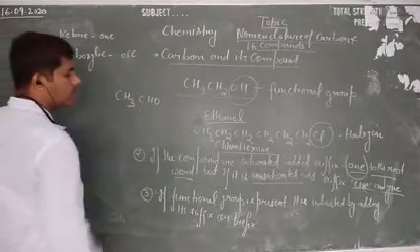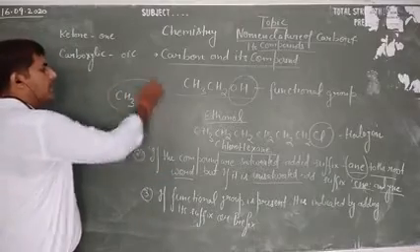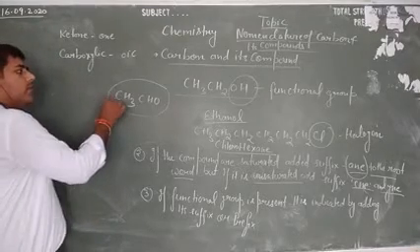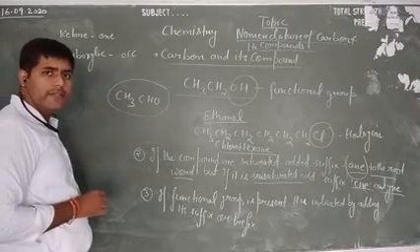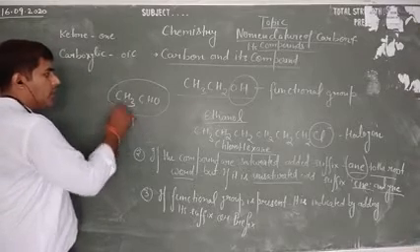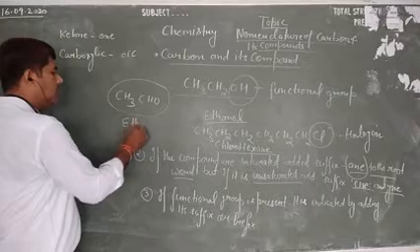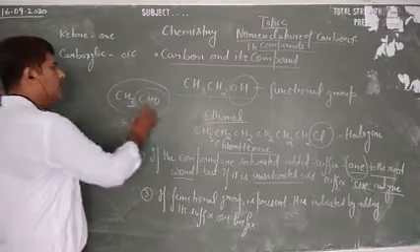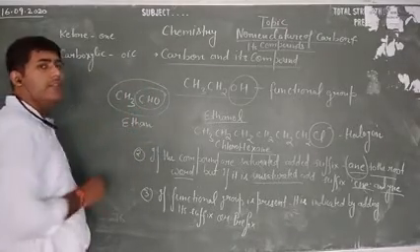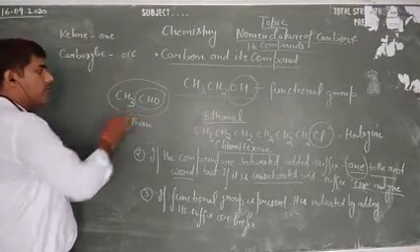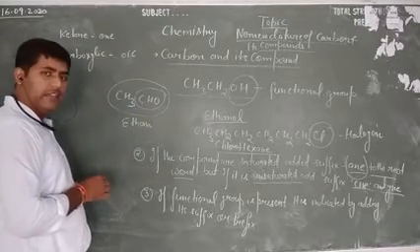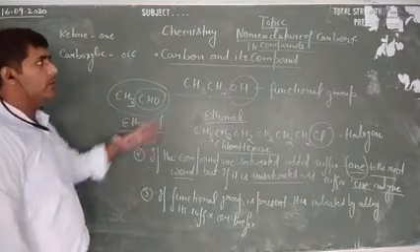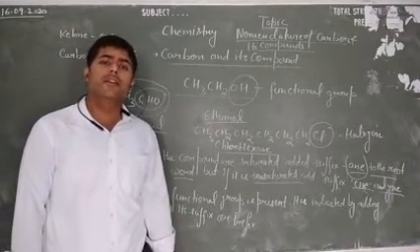Now, CH3CHO. What is the name of the given compound? First count the number of carbon atoms. What do you observe here? 1 and 2. How many carbon atoms are present here? 2, all having a single bond. Then ethane, and which functional group is present here? The CHO functional group is present. When a CHO aldehyde group is present, we give the suffix -al. So what is the name of the given compound? Ethanal. Okay, so in this way we give the nomenclature of carbon and its compounds.